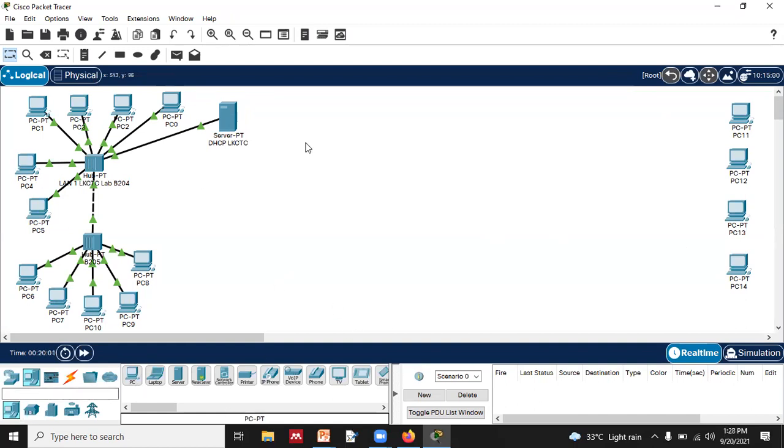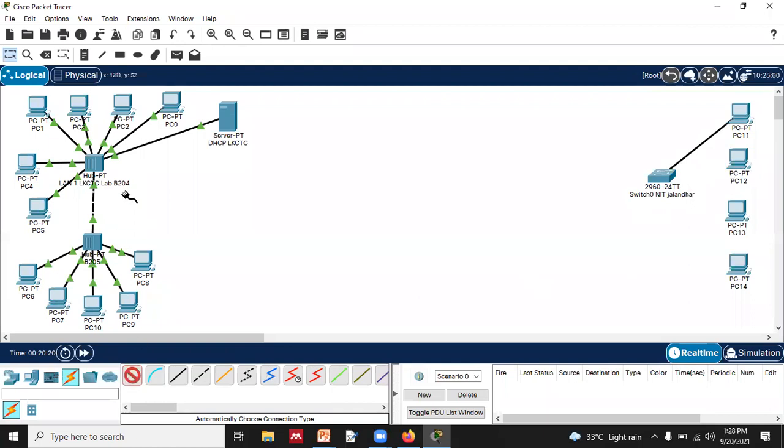Which is connected together. For that, what is needed? We need an intermediate device. Now this time we are using a switch. So in this NIT Jalandhar, we are using a switch, right? It is not like that only hubs can be used; a switch can also be used over here.